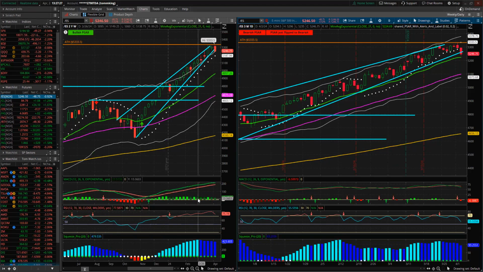Then we tipped over 2 weeks ago, and then we tipped over last week and this week. So MACD heading lower. We're running out of momentum. Squeeze has been heading lower for 4 weeks. We're running out of momentum. RSI is still overbought. Now it's starting to flip over. Okay. So right now, it's a pretty good